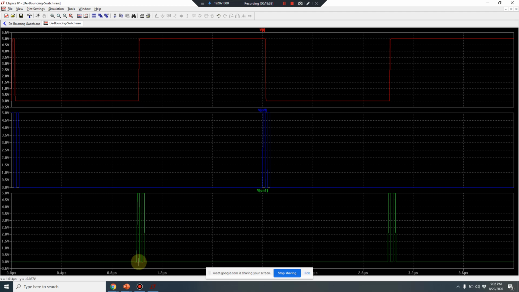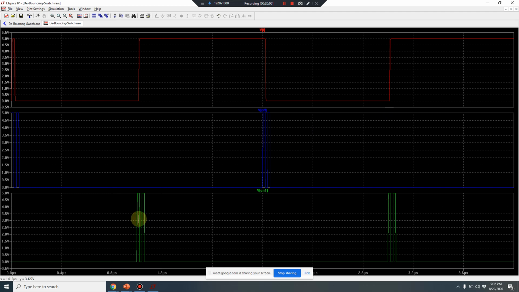Then when I have the on signal, the very first time that signal is there and the switch is making a contact and putting it at ground, it will go to high. Then whatever transitions are happening here will not get reflected at the output. Then it will go to off during the very first pulse of the off pulse that comes. Then again it is going back to high. If you see, the first time the switch makes a contact, it goes to high.